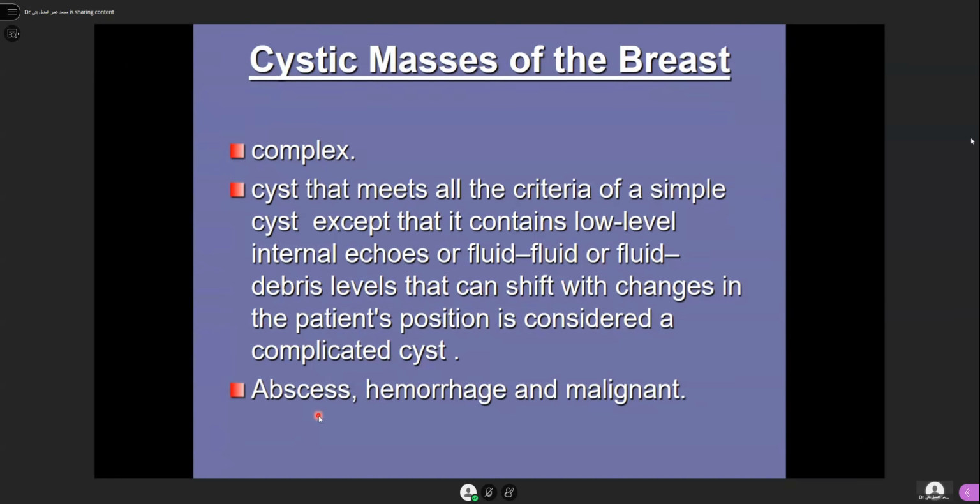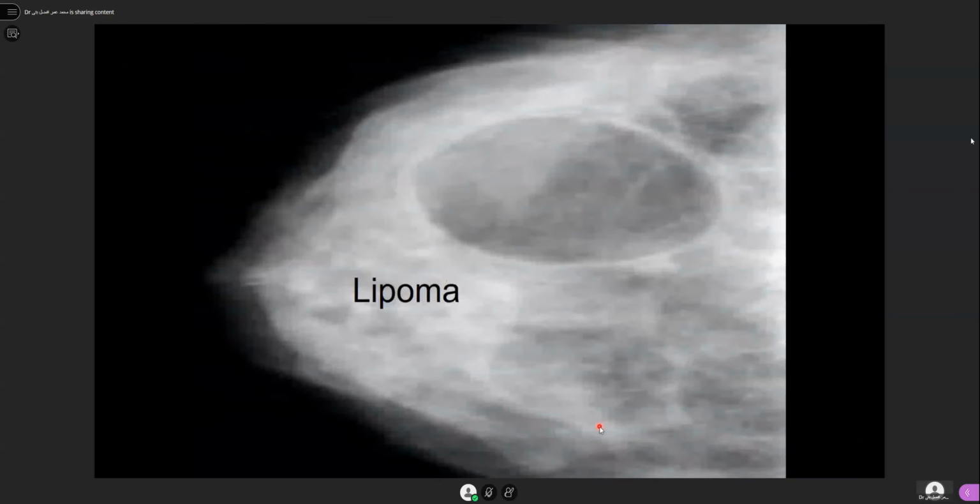Complicated cyst in breast may be abscess, may be hemorrhage, or sometimes it may be malignancy also. Okay, this is a picture. This is a mammogram, a craniocaudal mammogram showing dense breast. You can see that the breast is very dense, and inside the breast tissue there is a well defined